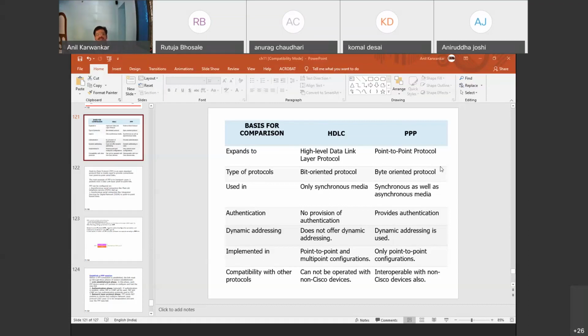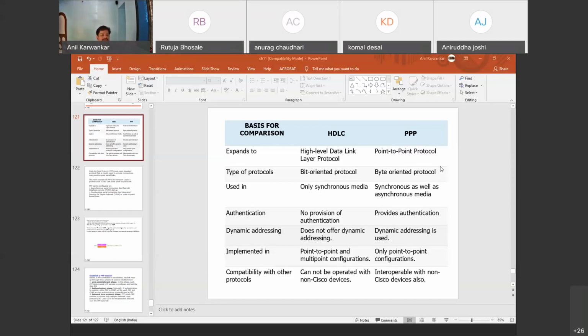In case of PPP, synchronous as well as asynchronous media can be utilized. It's not that an acknowledgement is always required for each individual frame. There can be a large number of frames with a single acknowledgement for all of them. That configuration can be utilized, and that's why PPP is a protocol that can be utilized for WANs, wide area networks, or for providing connectivity to the consumers of an internet service provider.